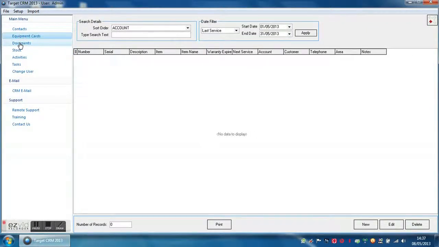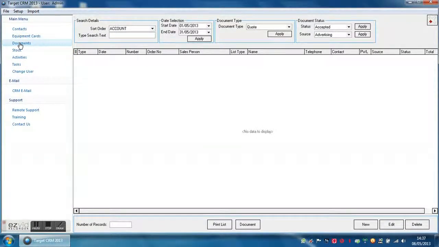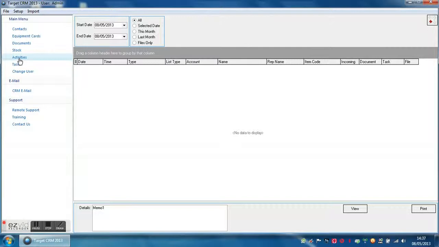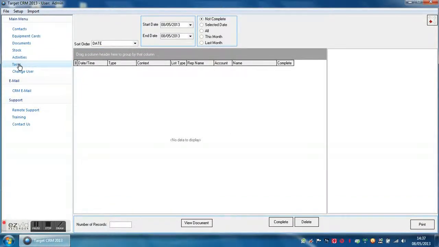You can now navigate using the main menu: contacts, equipment cards, documents. Documents are all of your invoices, sales quotes, sales orders, job cards, etc. View our activities, view our tasks, and our support options from remote support, training,